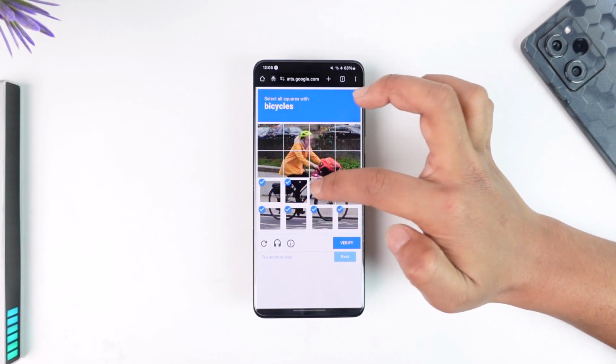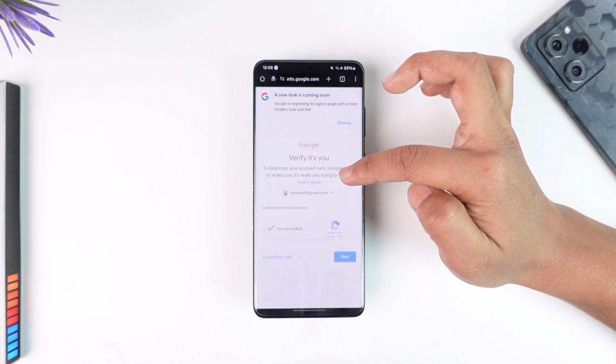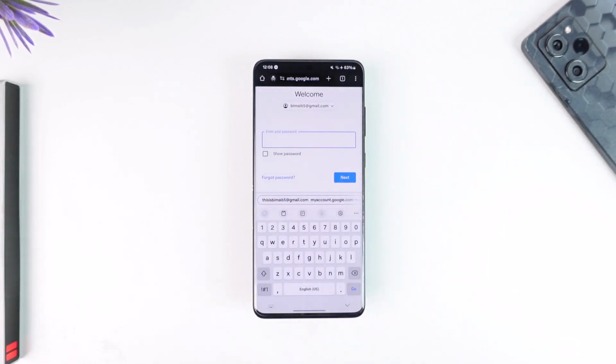Once you enter your password, the issue here is quite simple: even if you enter your password, if you have turned on two-factor authentication, it will ask you to verify the phone number. Now this process cannot be undone. If you hadn't turned on two-factor authentication, or if you had not added your phone number inside of your Google account settings,